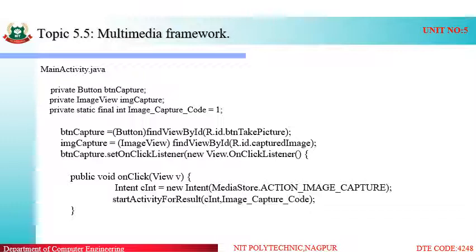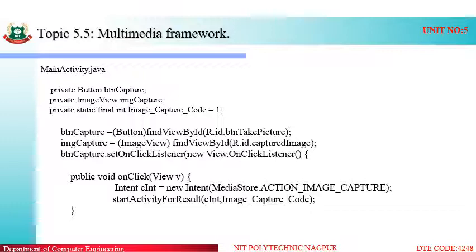If it is set to 1, that means the image capture is successful. The next lines are simple code. We have to find the resource in our activity, that is the button, findViewById, R.id.button.take_picture. By using these two lines, we are basically finding our resource inside the activity. That's the only use of it.